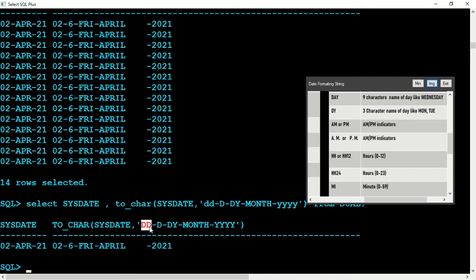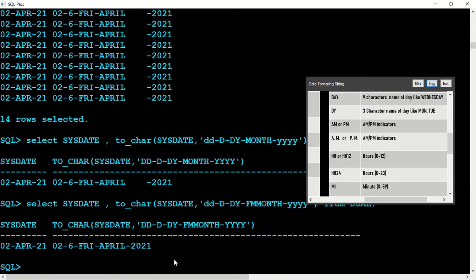DD means show me the day, this is the weekday in characters, this is the month and this is the year. Now there is a gap. How to remove the gap? Just add FM. Now it's correct.